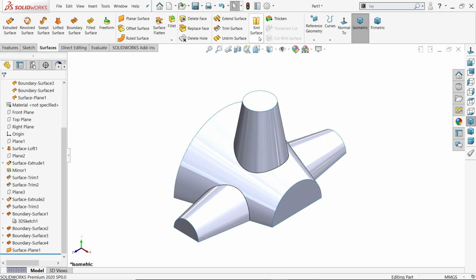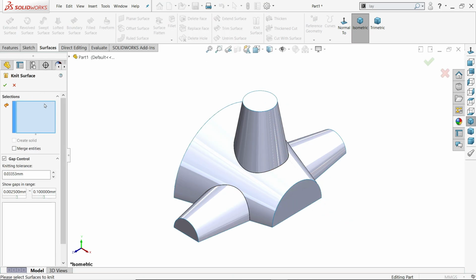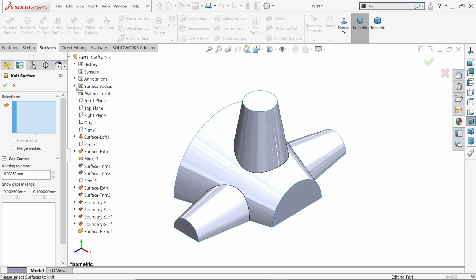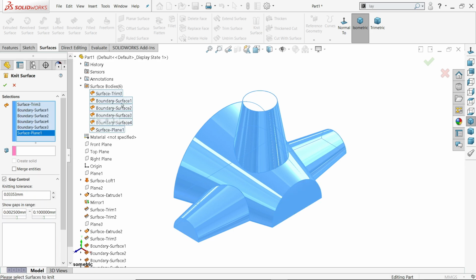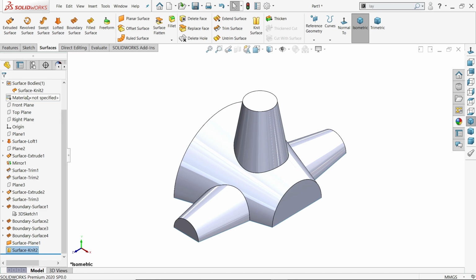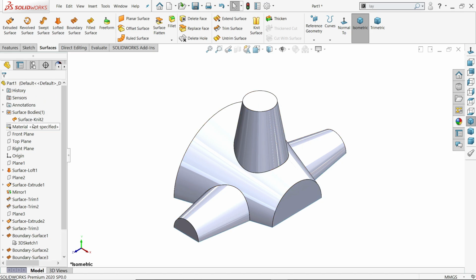So now here let's activate knit surface and select all the bodies. See, even though you can select from here also, merge entities, say okay. Now here you will see only one body.